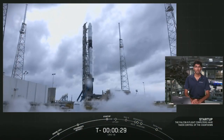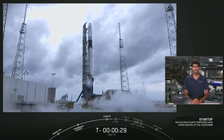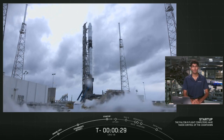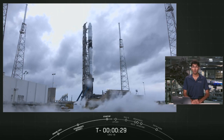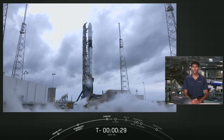So as you just heard on the launch nets, we've had a hold for weather. Now, the weather has been tough. There was a tropical depression in the area that's just made tough weather for today's launch. And unfortunately, today's mission was an instantaneous window, so that means that we'll be going to tomorrow's backup window for the launch. Now, the great thing is the vehicle is healthy, both Falcon 9 and Dragon, and so that gives us a great opportunity for launch tomorrow,